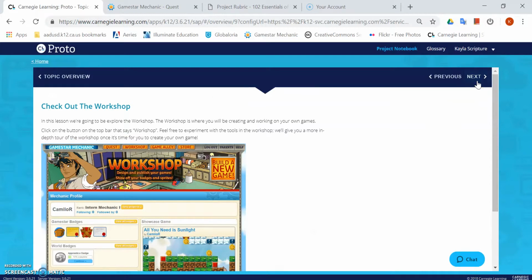we move on to the next part, and you're going to check out the workshop. Before we do that, pause and go through the quest. Once you've completed the quest, which may take a while, they want us to check out the workshop. Now, it explains that the workshop is where we're going to be creating and working on our games, or at least one game. If we click at the top of the screen on the button that says Workshop, we can experiment with the tools here, and they'll give us a more in-depth tour of the workshop when it's time to